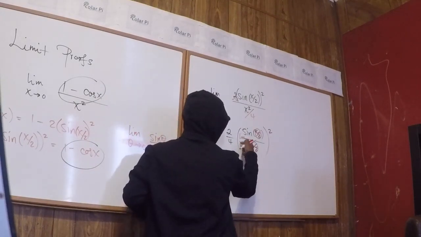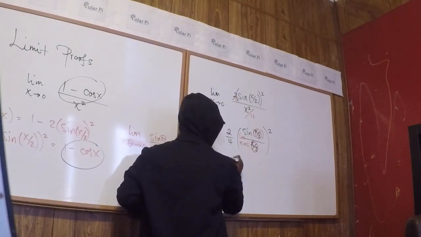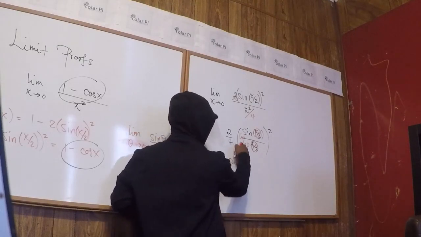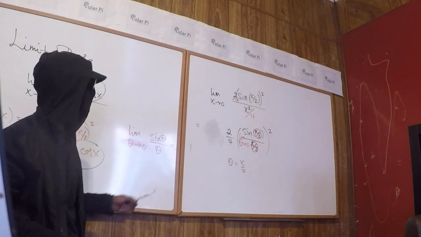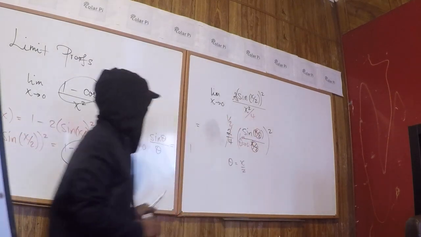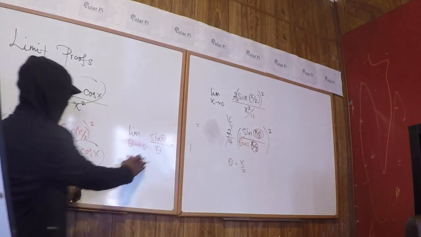Theta over theta, and yes, this says x goes to 0, but as x goes to 0, theta goes to 0. That is to say, if I have theta equals x over 2, as x goes to 0, theta goes to 0. I want to take care of you with some important details. And so this is 1/2, so I write 1/2, and then I've got 1 squared, because this limit says